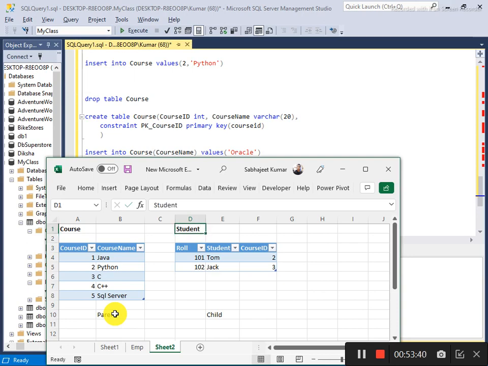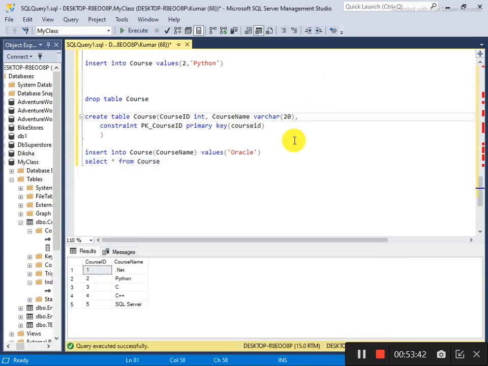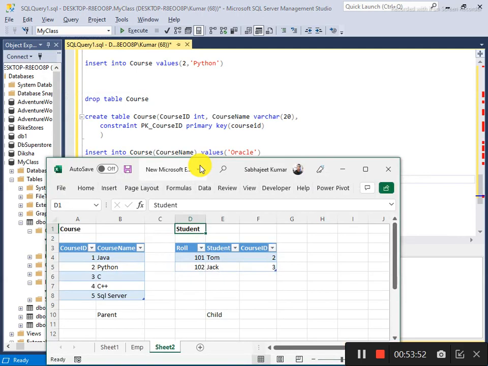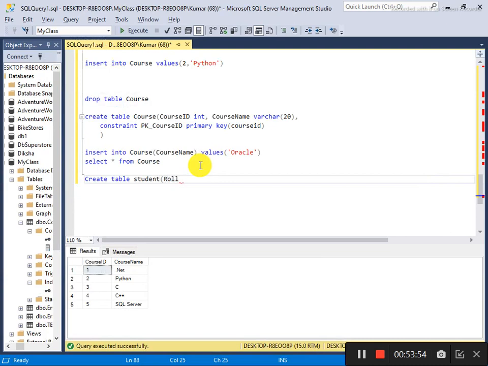Student name. Okay. So quickly I create a table for the student. I will also say primary key here. It's not strictly mandatory because I am not going to refer to it anywhere.